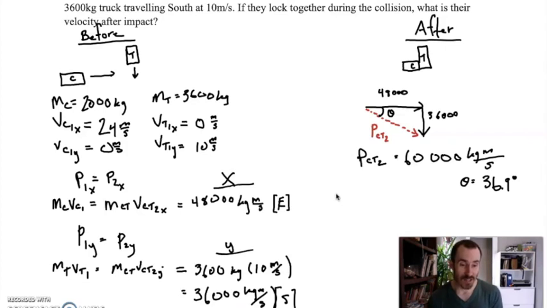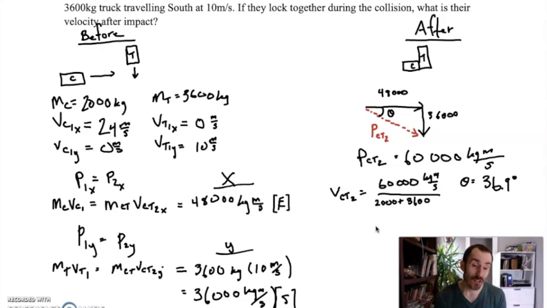So our last piece here, the velocity of the car truck at the end is equal to 60,000 kilogram meters per second divided by their total mass, which is 2,000 plus 3,600. When you divide by 5,600,